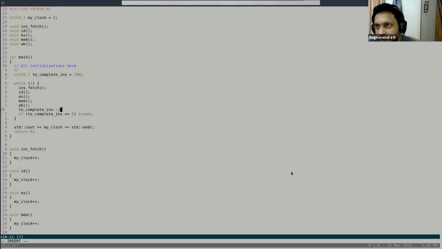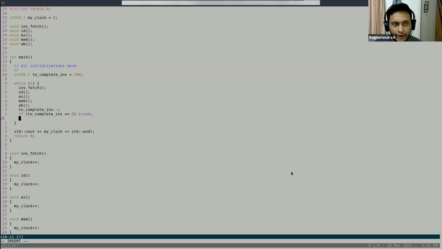Did everybody understand why this is not a good design? I mean, it doesn't even work the way we want it to work. Why? Because this while loop will come, it will do an instruction fetch for instruction 1, an instruction decode for instruction 1, execute for instruction 1, and do everything. For instruction 1 alone, if I have this design, after the end of this while loop